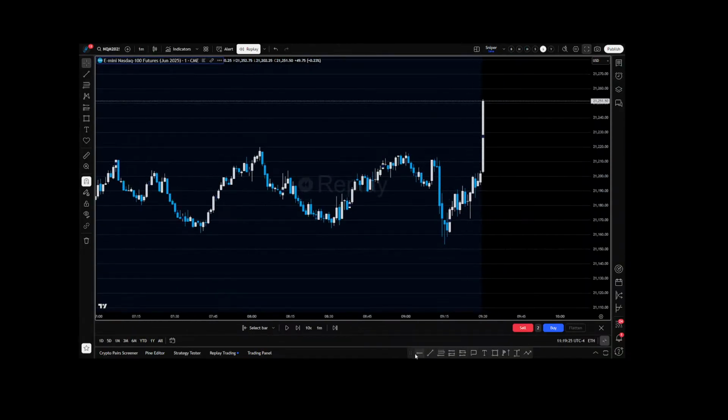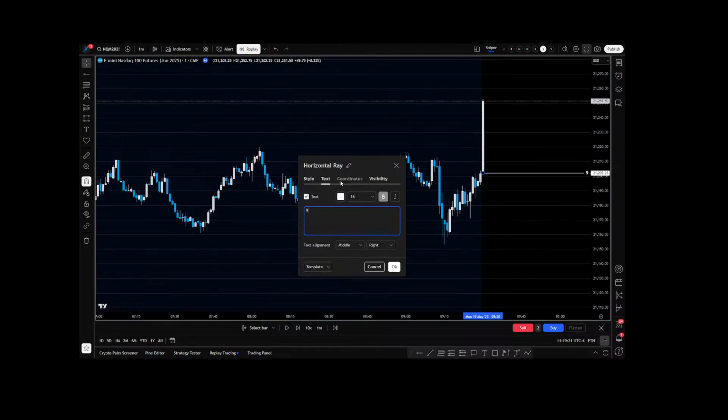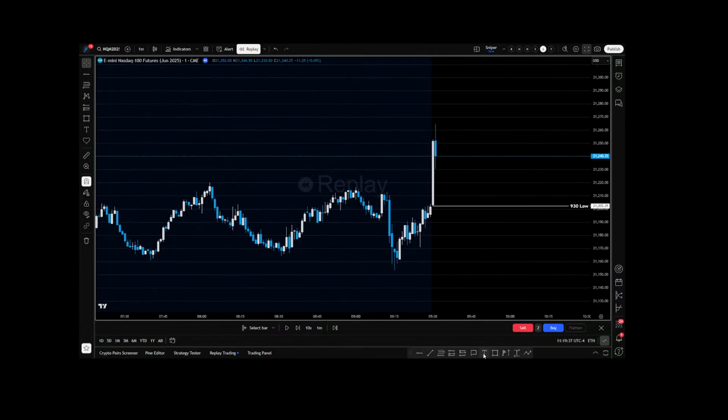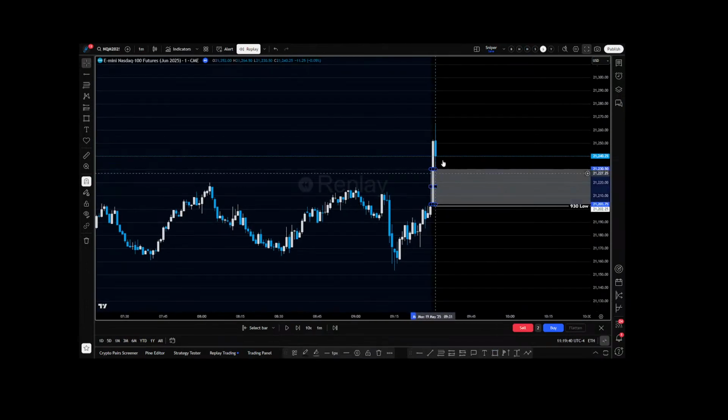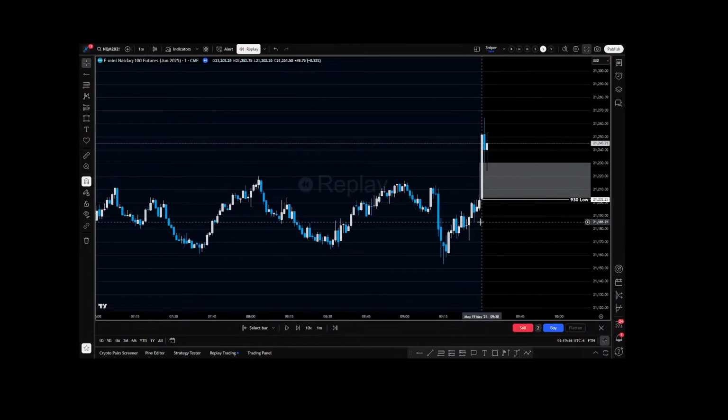So 9:30 here. I'll mark out this being the 9:30 low of the day, just to have a point of reference. Continuing on. Okay, so we see this fair value gap just formed from the open. Mark that out. What happened? We tapped into it, respected it, closed bullish. So this trend is likely to continue.